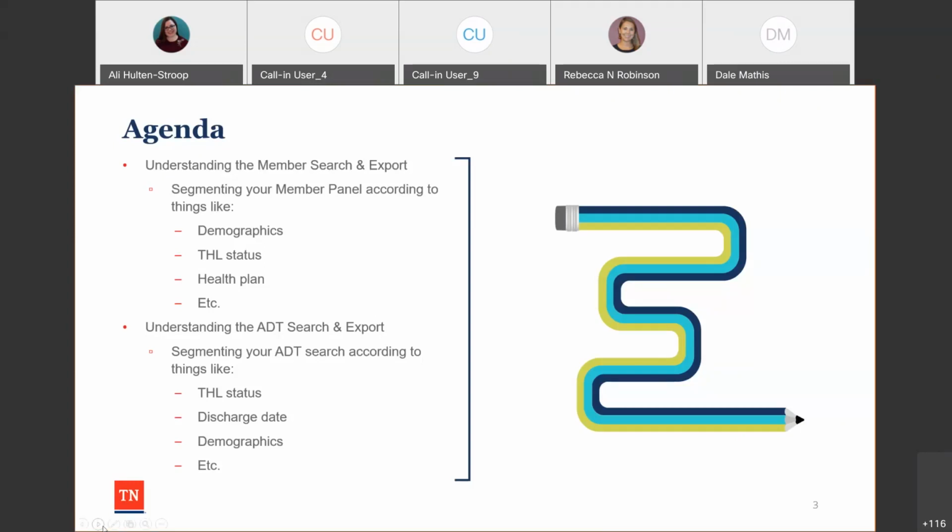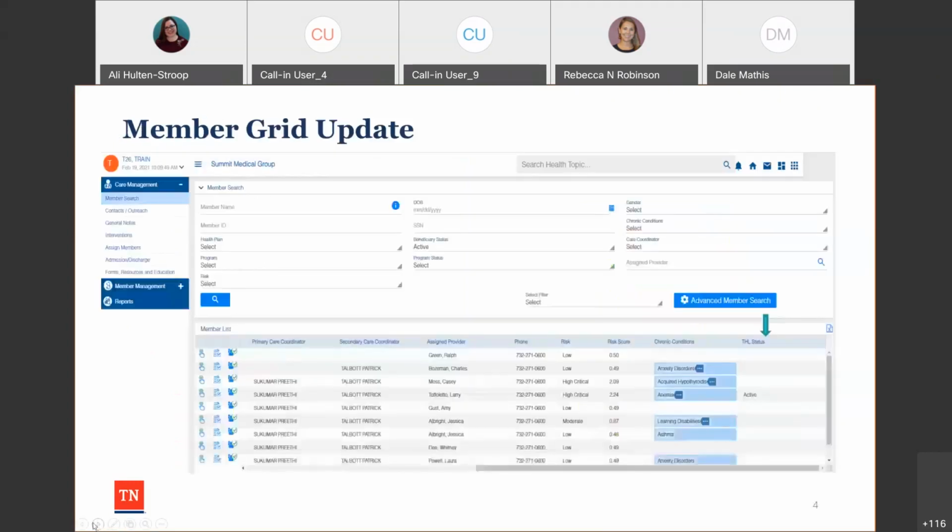Before I jump into the tool, I did want to give a little bit of a view of what we're going to be seeing in the tool. I will send out these slides later this week when we have the email update going out, so you have those for review. So the member grid update, you can see over here, we now have the THL status